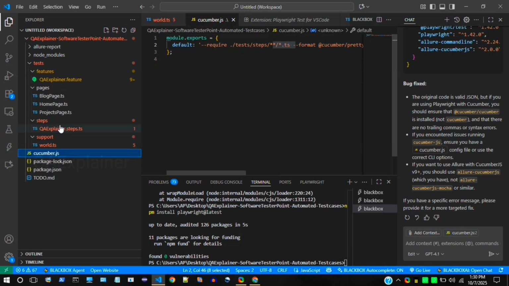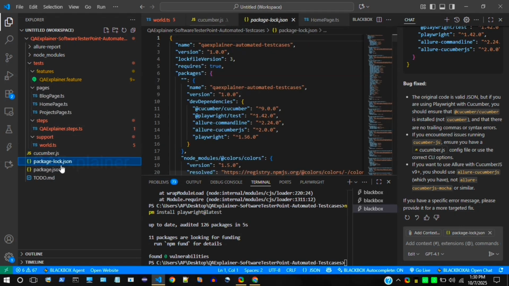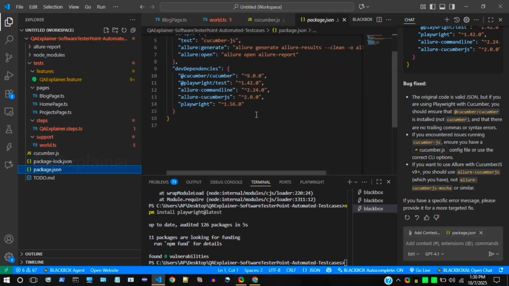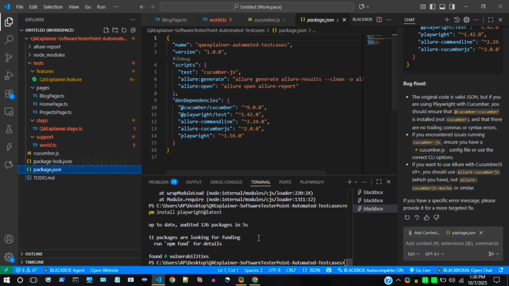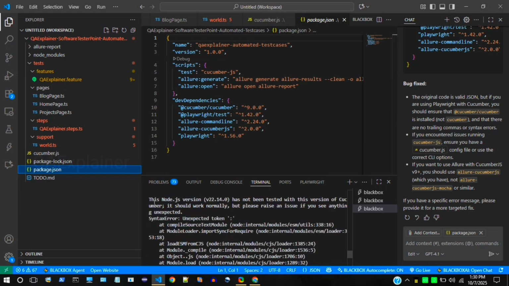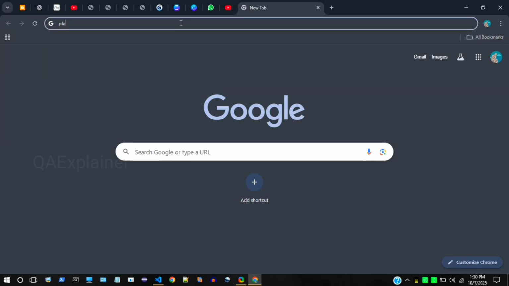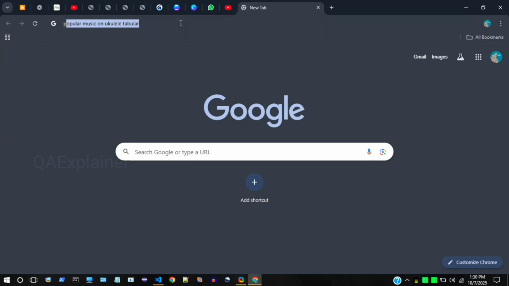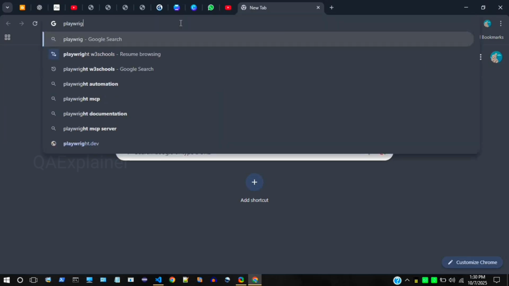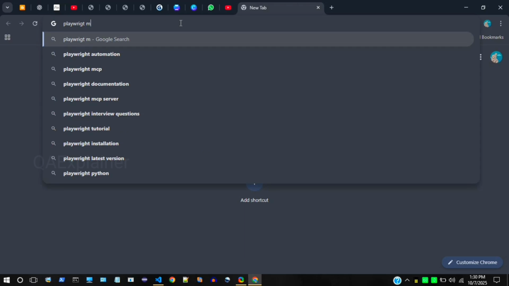So finally I have completed importing everything from AI. Let's see whether it is working or not. But before that, I'll open the browser because I'm getting some error over here. So what I'll do now,